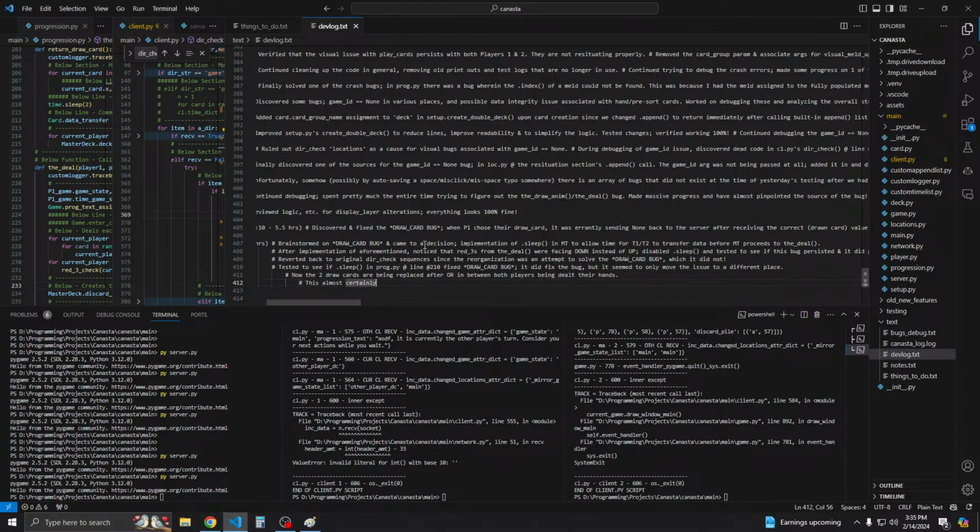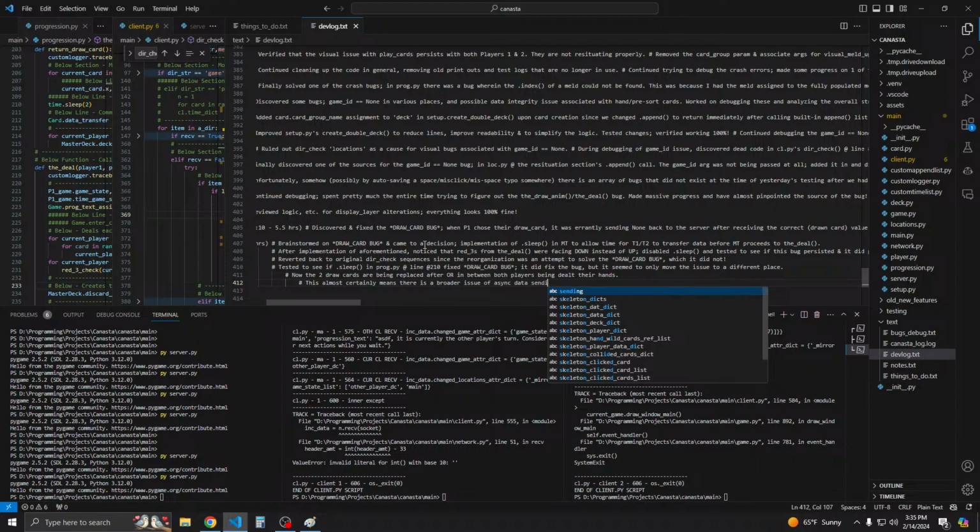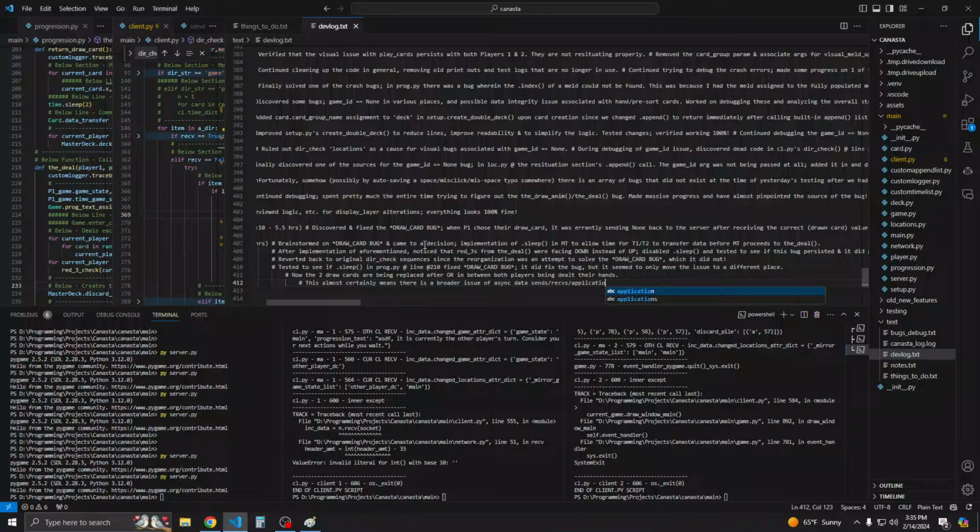This almost certainly means there is a broader issue of async data send receives notifications. Which means we most likely